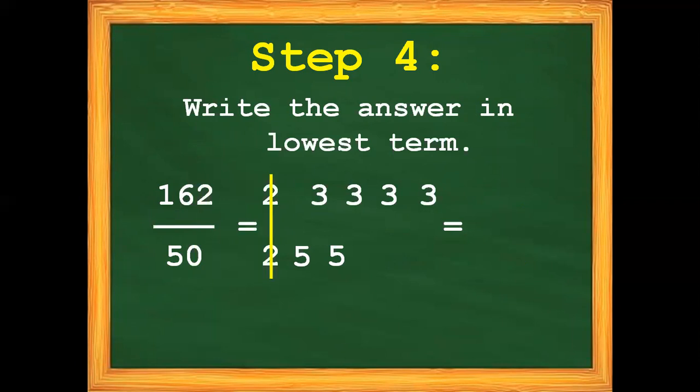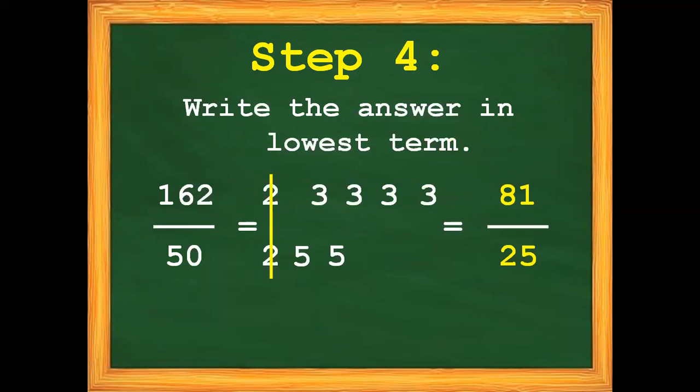Now, let's multiply the remaining numbers. For the numerator's place, we have 3 times 3 times 3 times 3. So 3 times 3 will give us 9, times 3 is 27, times 3 will get 81. In our denominator's place, we have 5 and 5. So multiply 5 times 5. The answer is 25. So the lowest term for 162 over 50 is 81 over